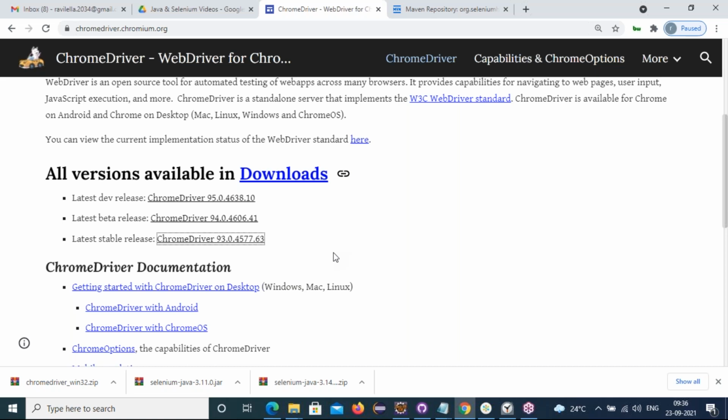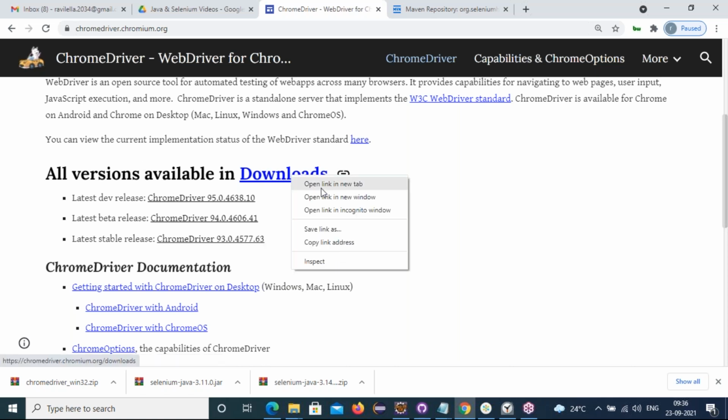Can you please? So I must have an 80 version of the browser, a 70 version of the browser in my computer, and also that 80 supported drivers we must have. How can we get the 80s and 70s versions of Chrome driver exe files? Yes, all versions are available in downloads. They are saying just click on downloads.